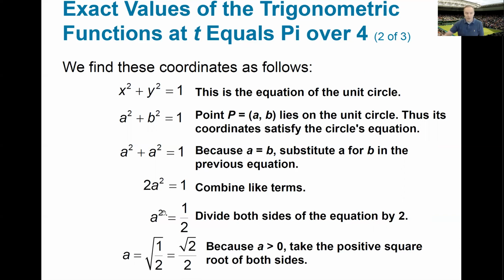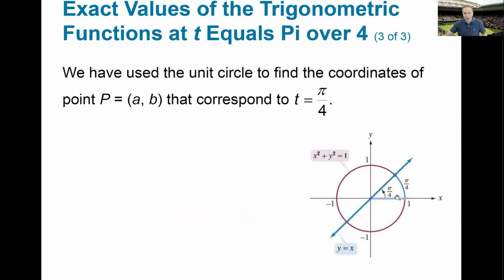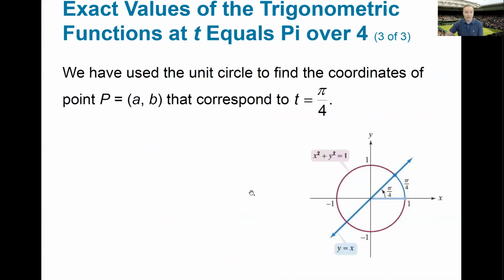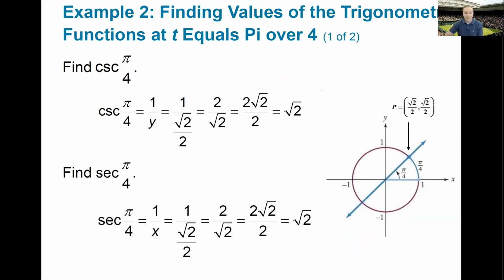So here, where you're taking the square root of both sides, you say, well, it could have been the positive or negative. It's just going to depend upon the quadrant as to whether you're choosing that positive or negative. If we're talking about the angle pi over 4 in quadrant 1, both the x and y components are positive there. So now, if I look at finding, for example, any other values at pi over 4 here,